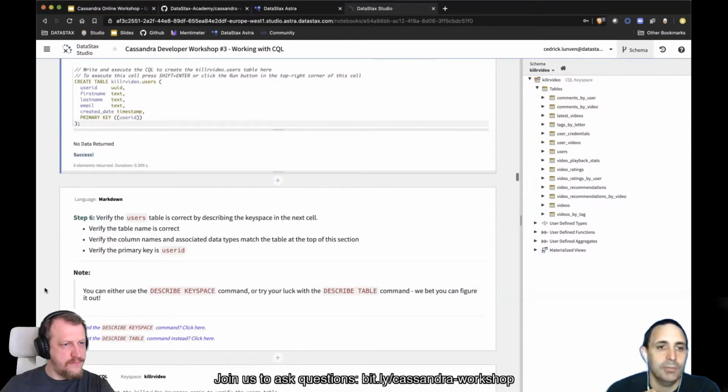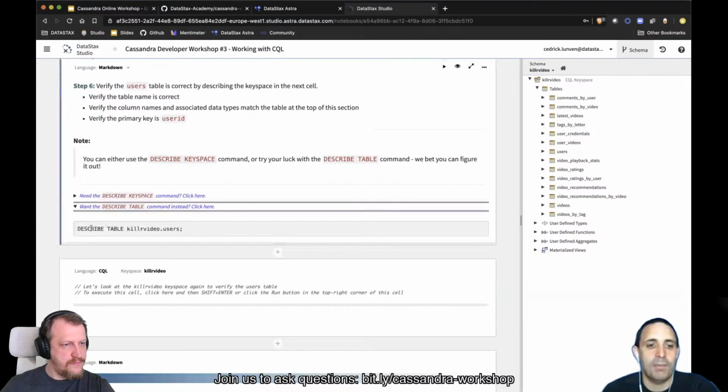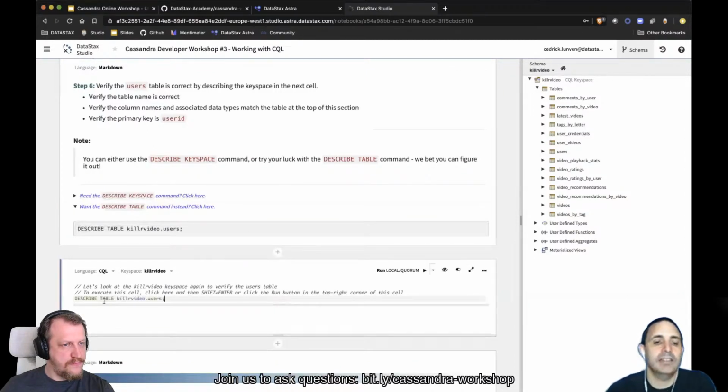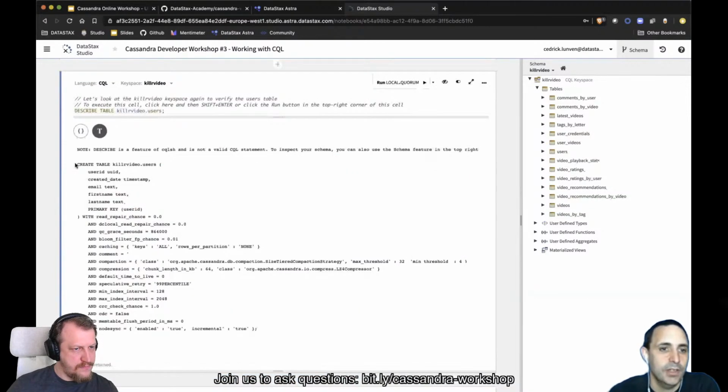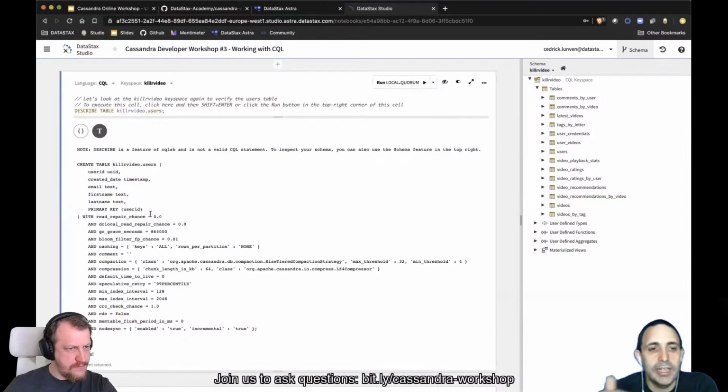Now I can describe the users table. So I can simply say describe table, my table, and I will get the same output as before, but simply for my new users table with primary key with a single column, which is the partition key here, a UID. So you might notice that because the partition key is a UID, you will get a single row per partition.